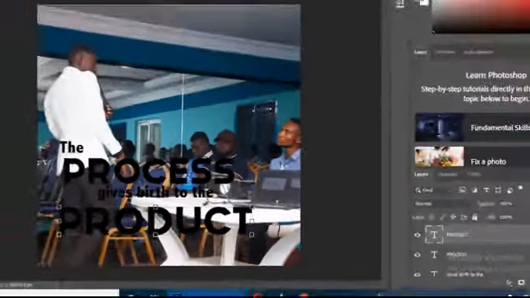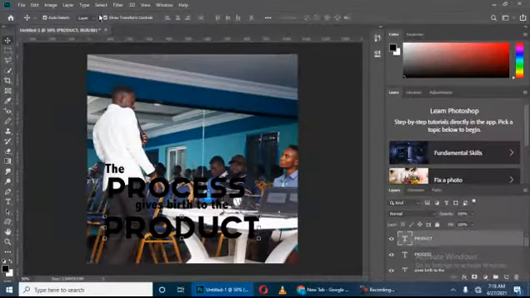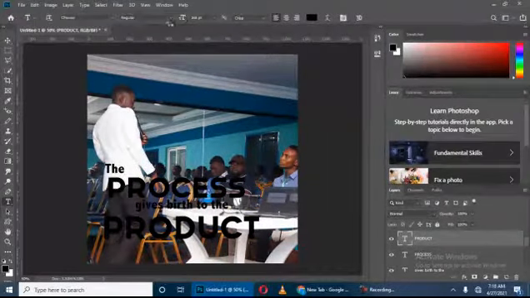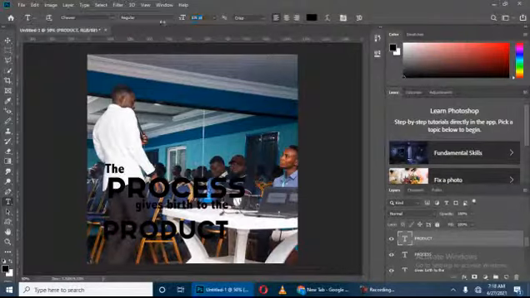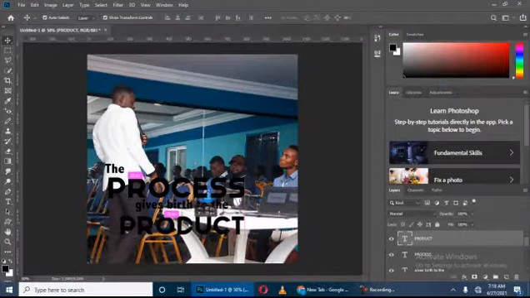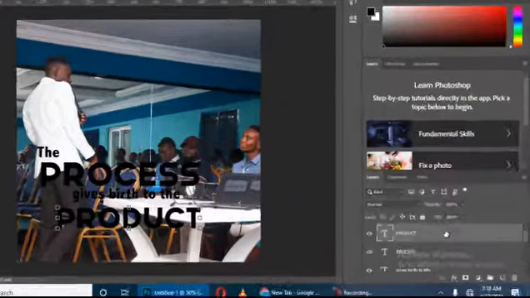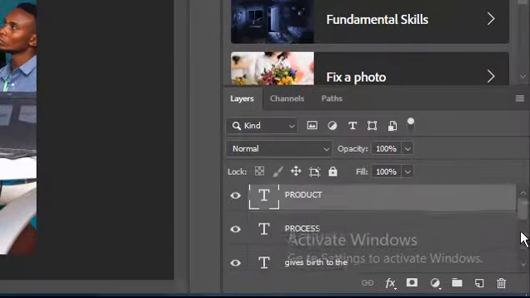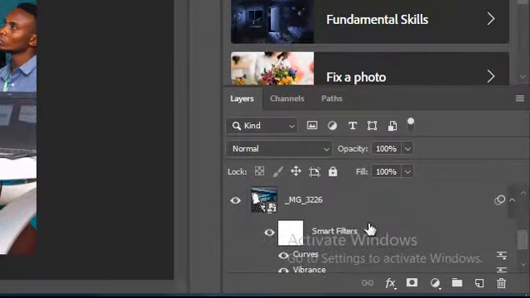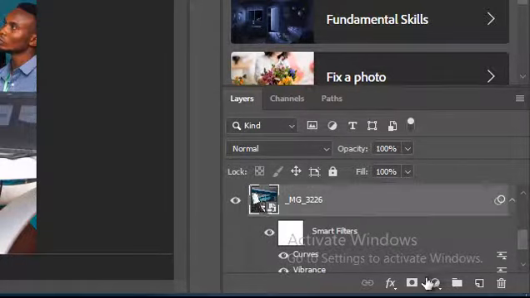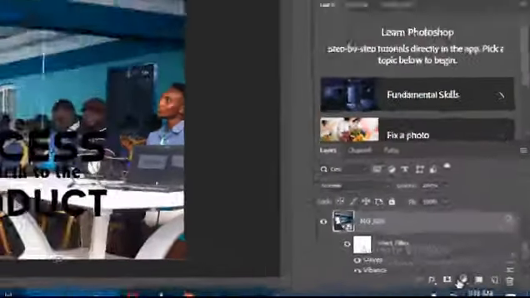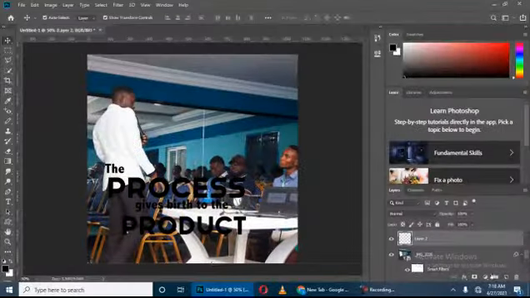The product sometimes a little bit scatter. Let me reduce the size here. Now, when you look at this design, for example, the process gives birth to the product. Now, you may be tempted to think this design, for example, you may need to add a blank new layer and give it